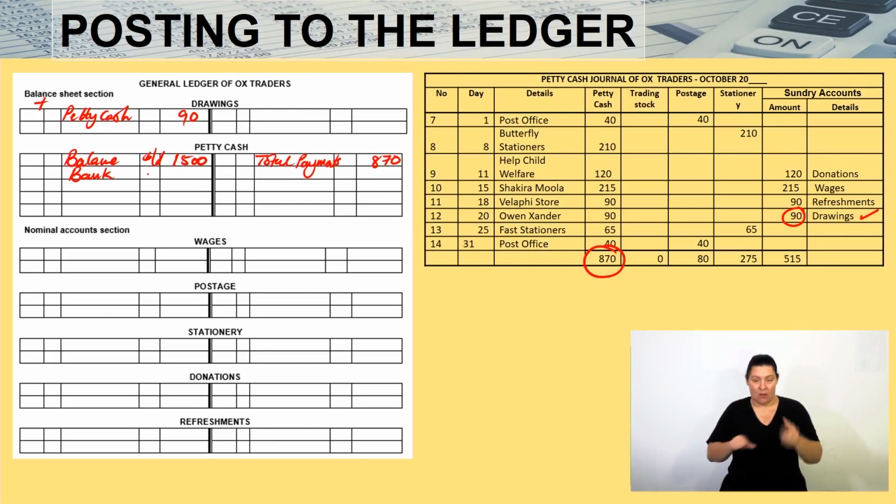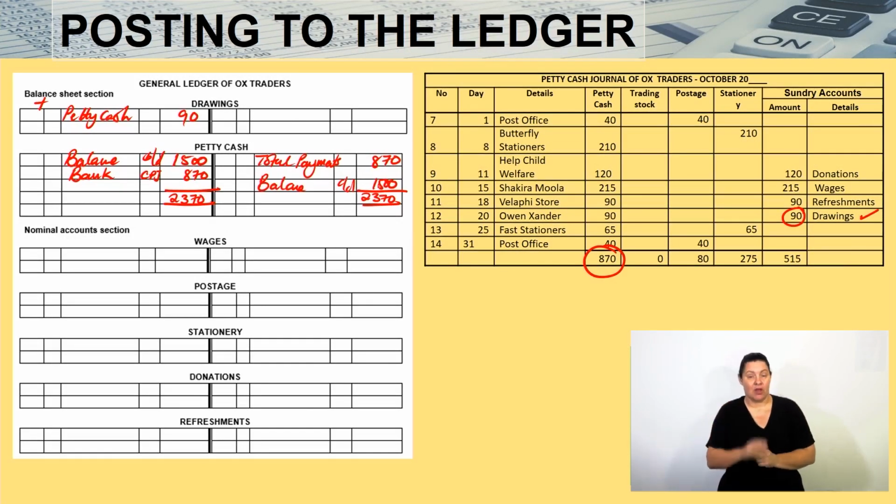I'm restoring it now from the cash payments journal. And then I'm going to have my 870 here. So if I'm to close this ledger account, I'm going to now say 1,500 plus 870, that gives you 2,370. I come here, it's going to be 2,370. Therefore, here I'm going to have now my balance carried down, which becomes